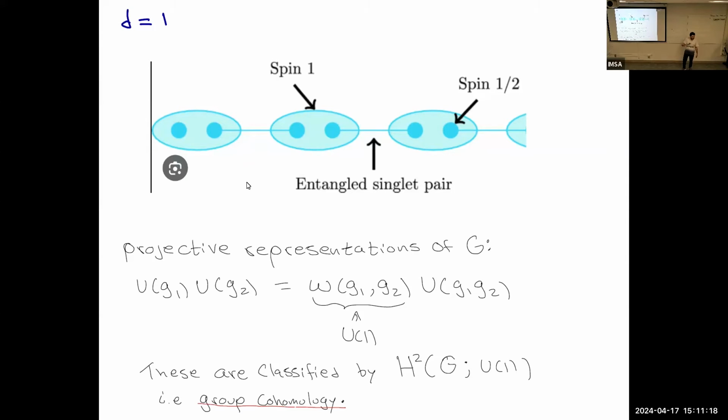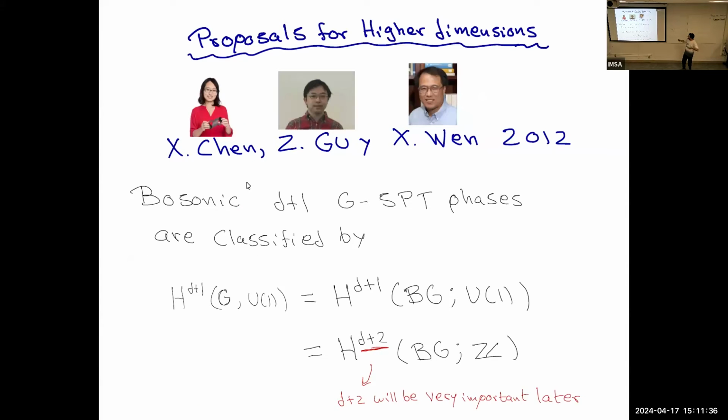Okay, but then the point is that this symmetry at the edge becomes projective. Okay, there's a phase, and like I said, those are classified by this group cohomology. Let me go quickly, because for the first part I'm not going to give you a lot of details. Sorry about that, but if you do have questions, do stop me. I'll try to say more.